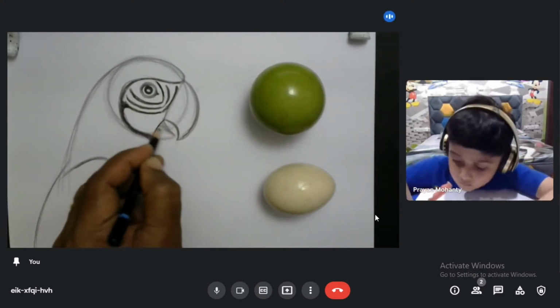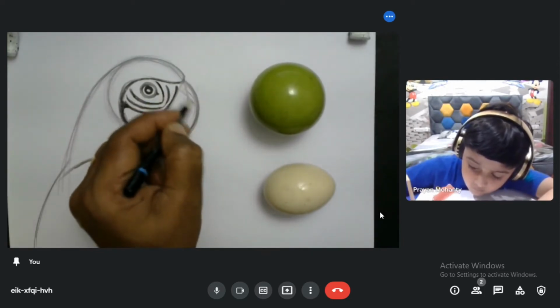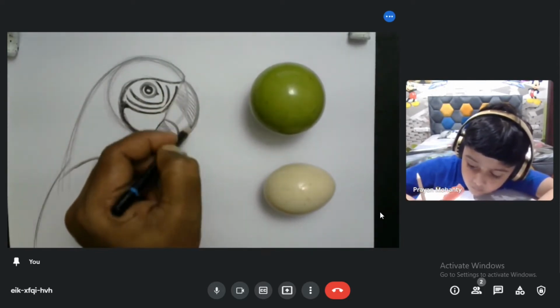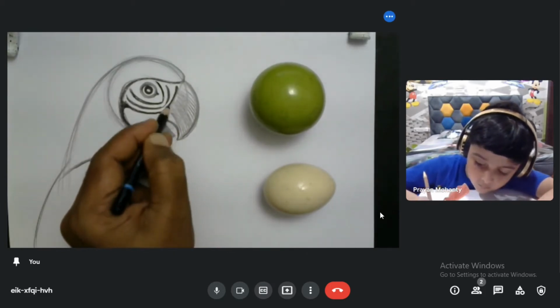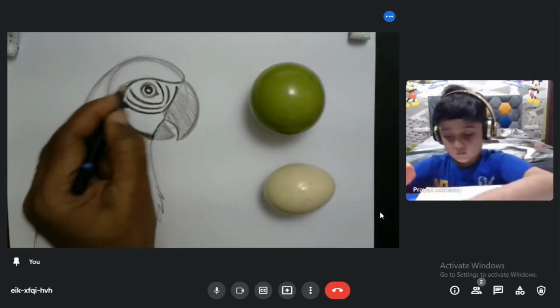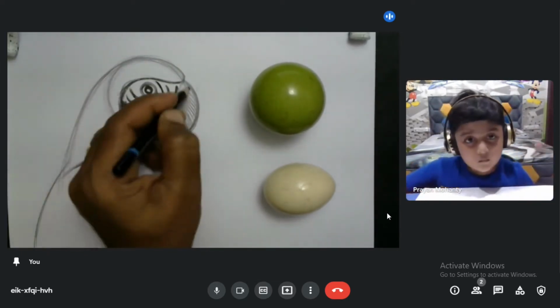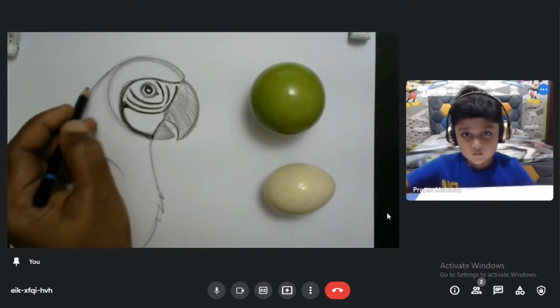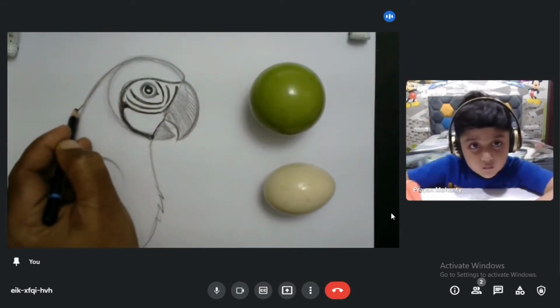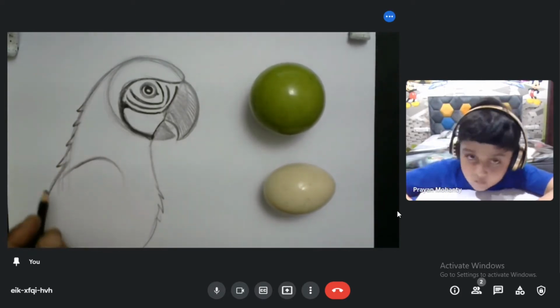And for the macaw, this is basically the portrait. The beak is a black color, so I can just make little shadings like this. Relax. If you're good in drawing, then color is not that tough.